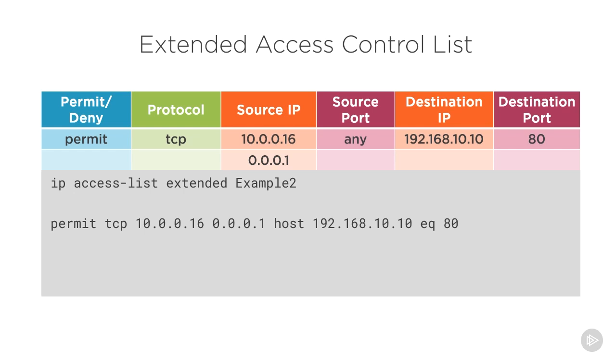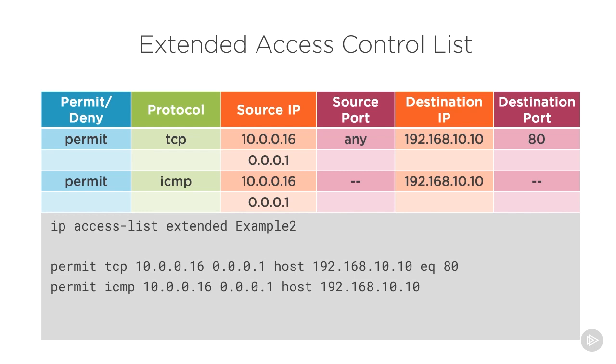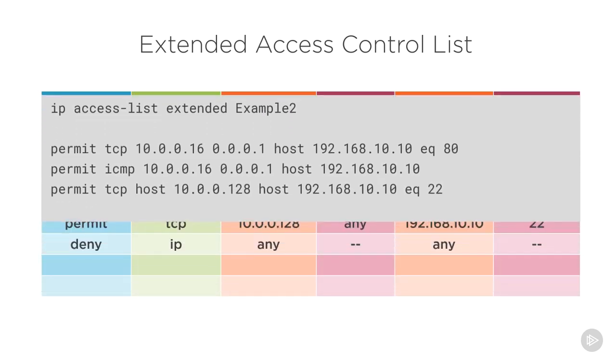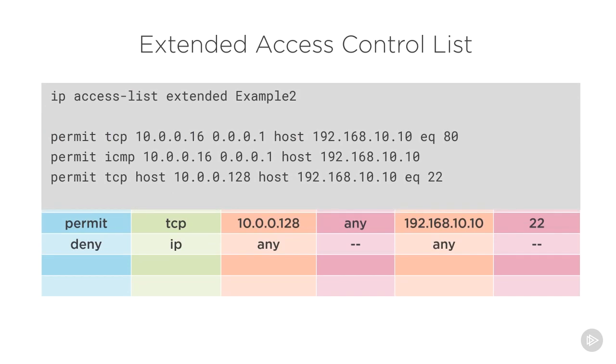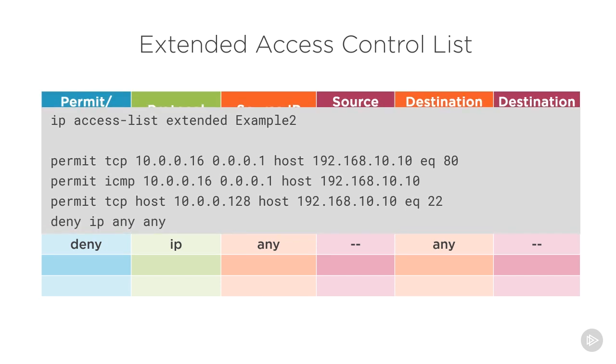There we go. So for the next line, we just go to the next line of our ACL here. We say effectively something very similar, but we're going to say permit ICMP this time with our source address of 10.0.0.16, wildcard mask of 0.0.0.1 to the host address 192.168.10.10, and that will allow our ping messages through. Next, we go to our next line, which is allowing 10.0.0.128 to SSH to our web server. And then our last line here is our deny IP any, which will deny all the traffic that doesn't meet